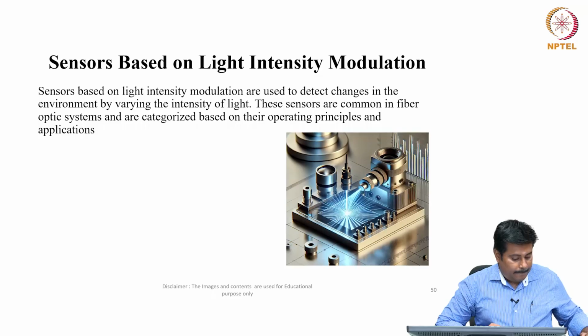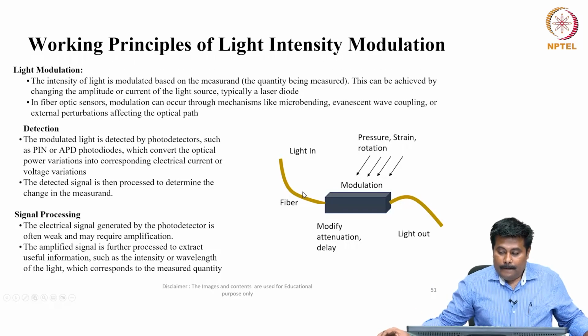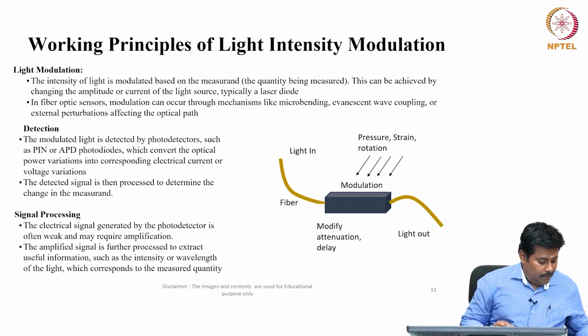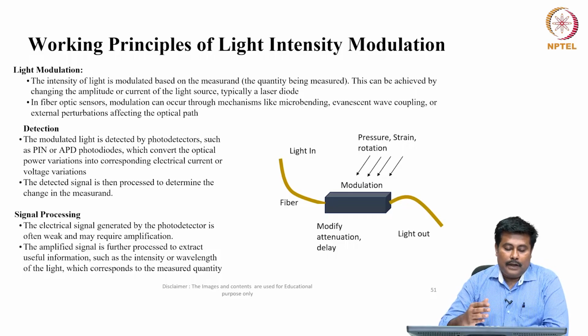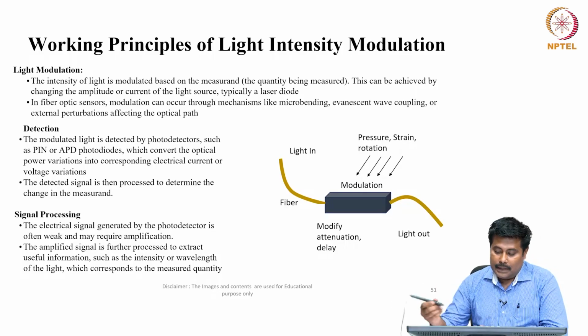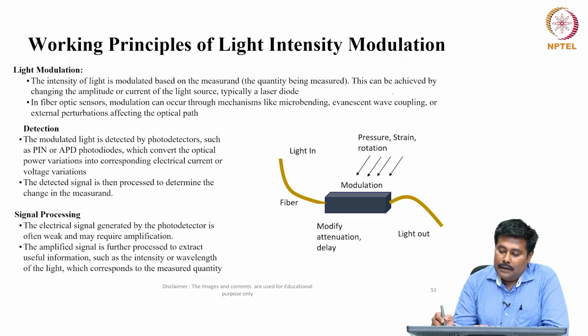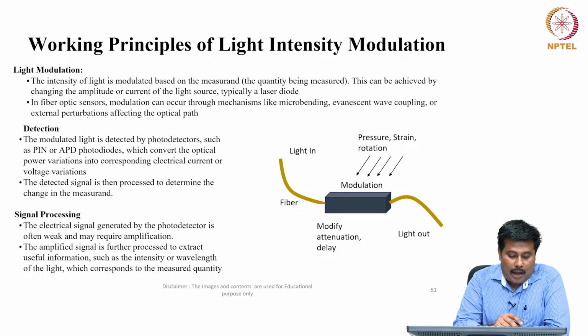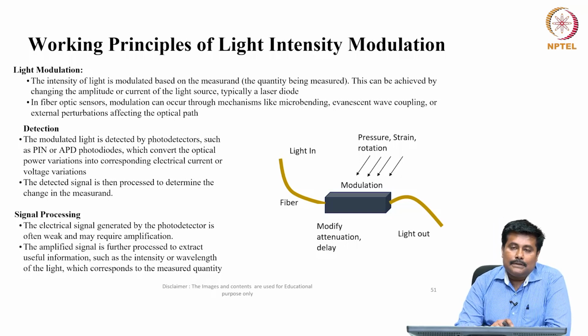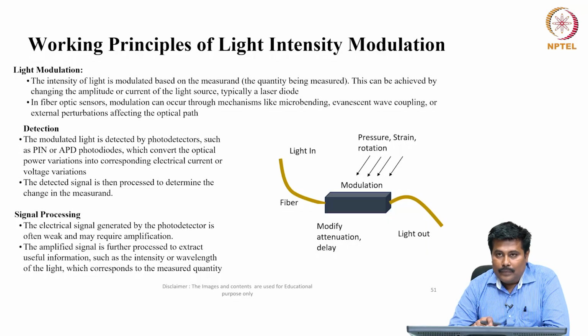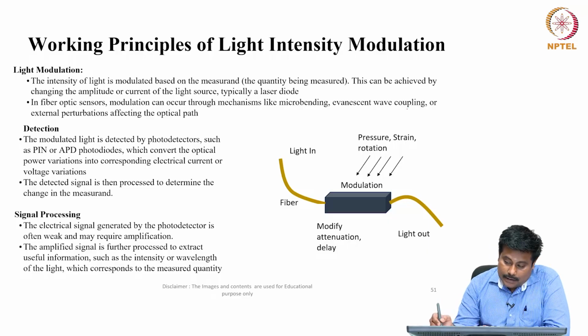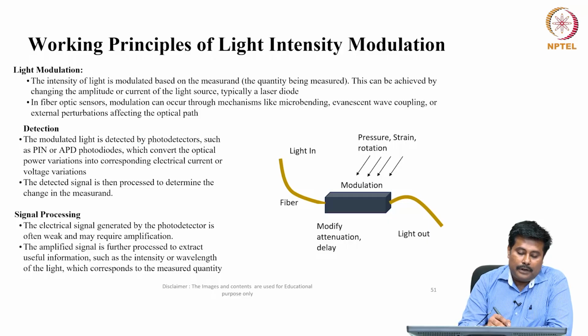Now, in this aspect, as far as light intensity modulation is concerned, these systems are based on the intensity of the light being modulated based on the quantity being measured. This can be achieved by changing the amplitude or current of the light source, typically a laser diode. In fiber optic sensors, modulation can occur through a mechanism like microbending, evanescent wave coupling, or external perturbations affecting the